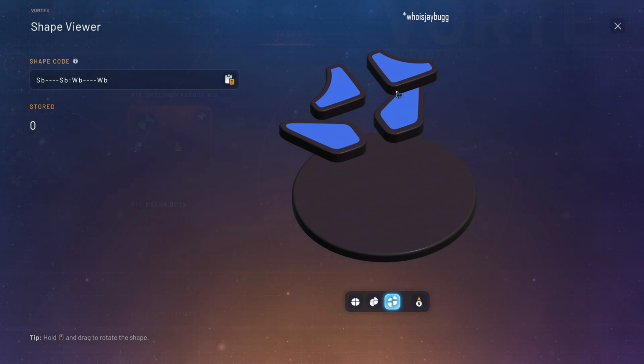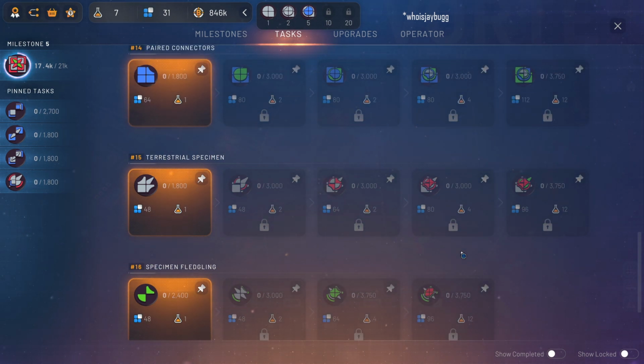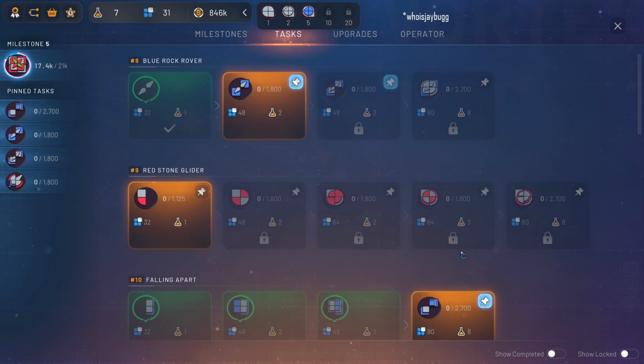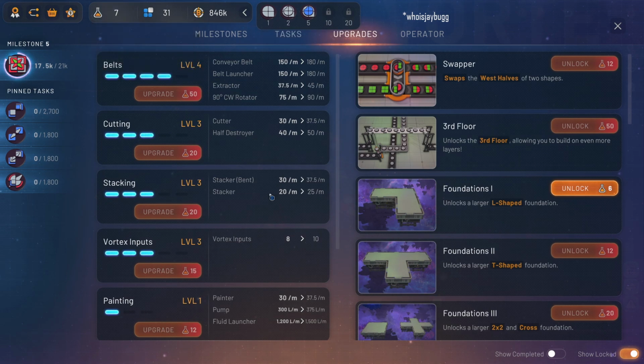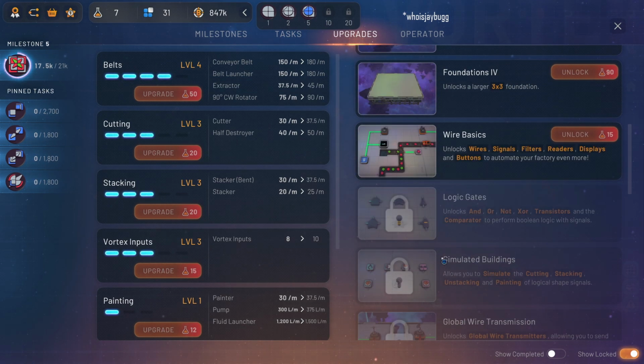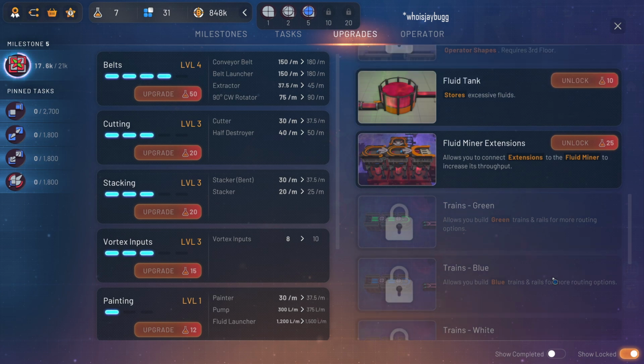Why is this locked? You know what? I'm not going to worry about things that they consider locked. It seems to me our best bet would be kind of this easier stuff so we can get the research points that we need. I still think stacking power, or stacking speed would be good. They really want us to get into this. Allows you to simulate the cutting, stacking, unstacking of painted logical shape signals. Golden wire transition. They obviously want us to do...